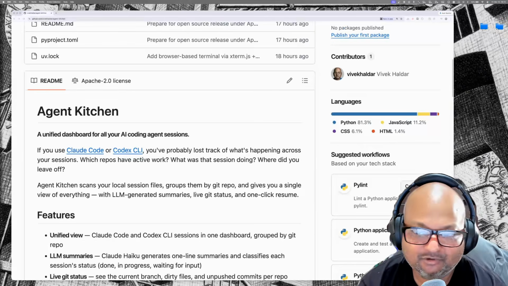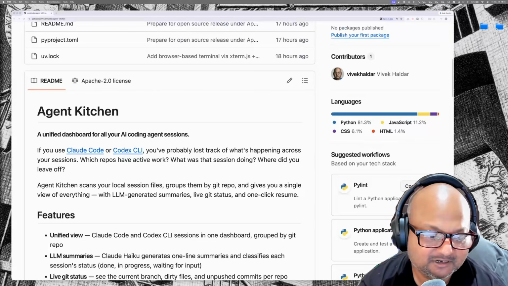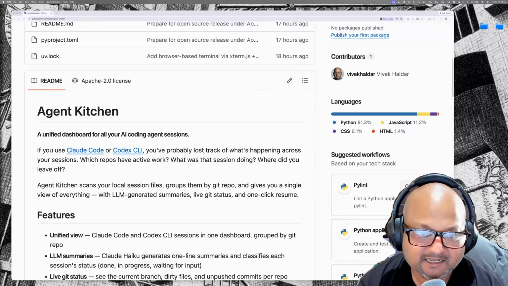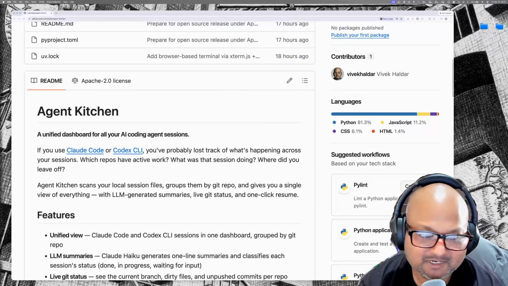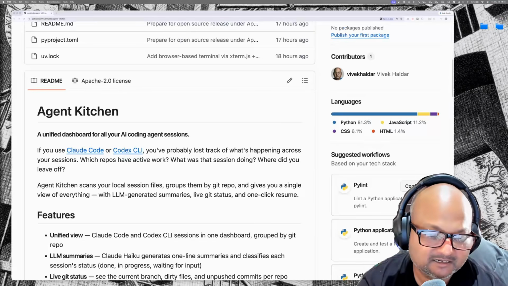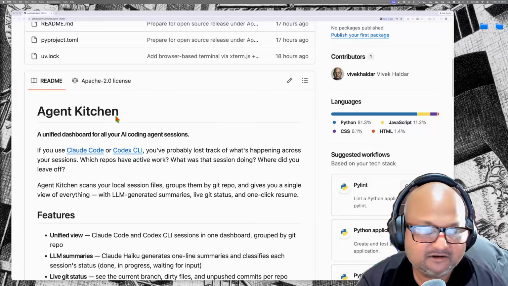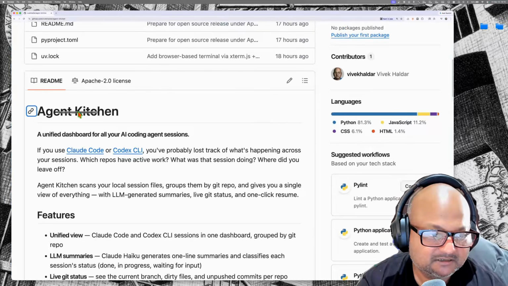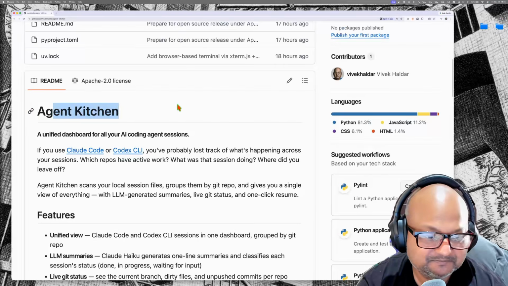I used to have all these open terminals, tabs inside terminals and Ghosty and whatnot. And it was just like having, back in the day, a few hundred open Chrome tabs, and that just wasn't cutting it anymore. So to keep track of all that, I built something that I'm calling Agent Kitchen